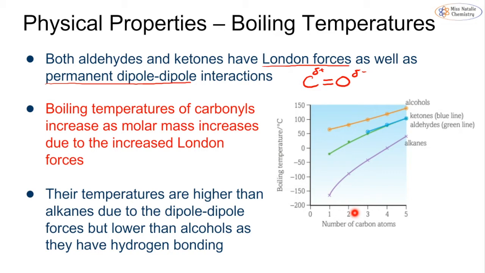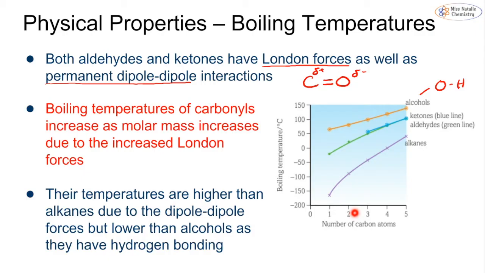dipoles. Because of that, we see that the melting and boiling points for ketones and aldehydes are slightly elevated in comparison to alkanes. They are, however, less than alcohols because the alcohols have hydrogen bonding due to this OH group. We don't have any hydrogens in a carbonyl compound that are connected to a very electronegative element such as oxygen. So the carbonyls will not make hydrogen bonds with each other. Therefore, they do not have as high melting and boiling points as alcohols, but due to this permanent dipole, they